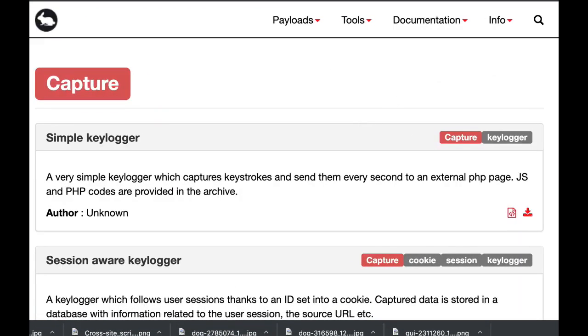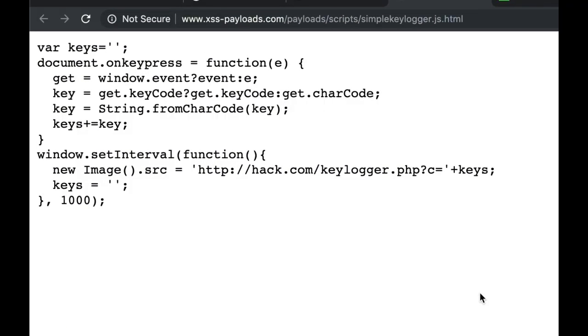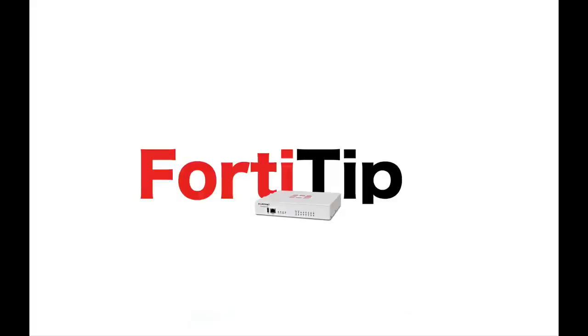Let's look at how the JavaScript itself looks. So that's the JavaScript itself. Now, in most cases, the JavaScript code also takes the information that it grabs. It can be a screenshot from your computer or even your cookies that are being stolen and sends it to the attacker URL where they can grab it and use it against you. One very known attack is when you use XSS to steal some other user's cookies and then head over to the same website